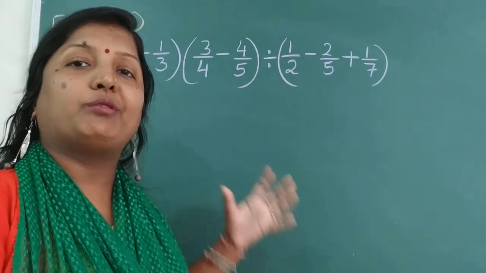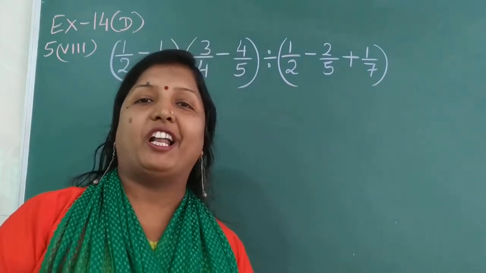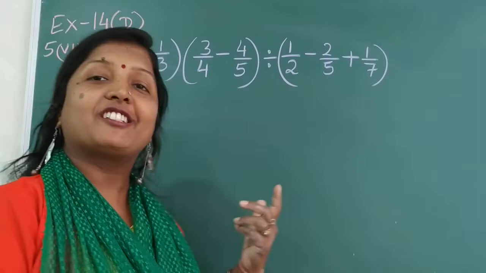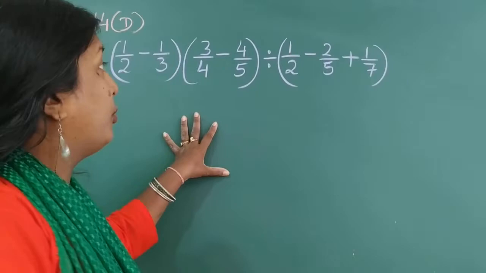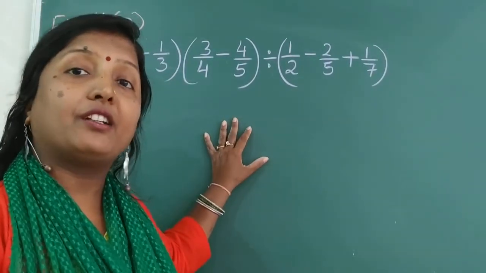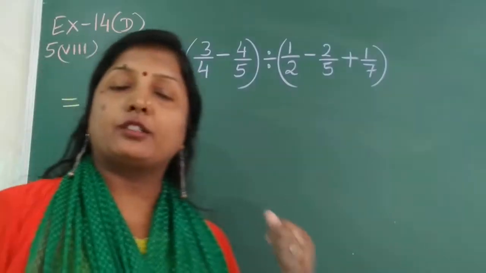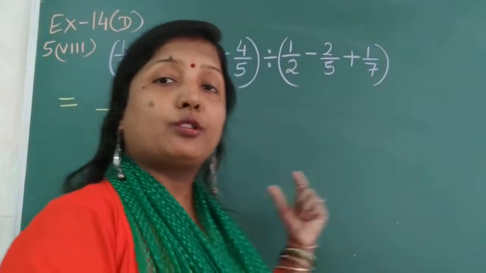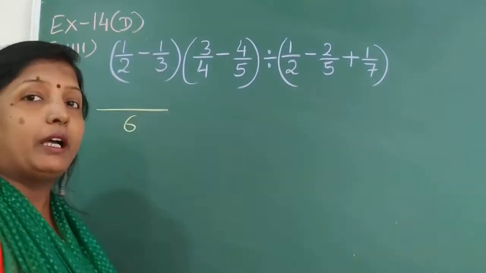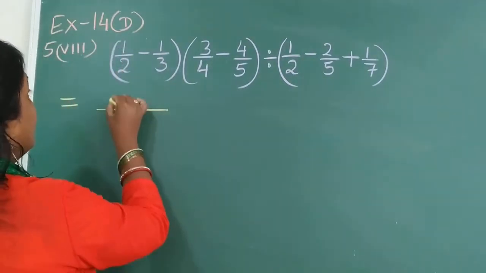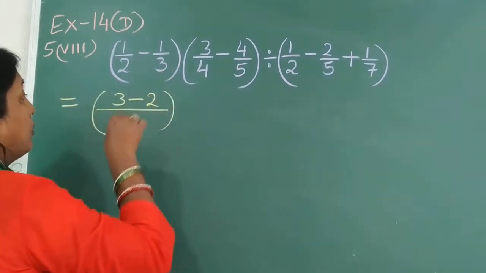So there is always something understood, like in fractions I had said, when there is no denominator, the denominator is 1. So here when there is no sign, what is the sign? It is multiplication. So according to the BODMAS rule, we have to first solve the brackets. So first we will solve all the brackets. Let us come to the solving part of it. Because 2 and 3 have an HCF of 1, we simply get the LCM by multiplying 2 and 3, it is 6. So we get 3 minus 6 divided by 3 is 2. You solve the first bracket.